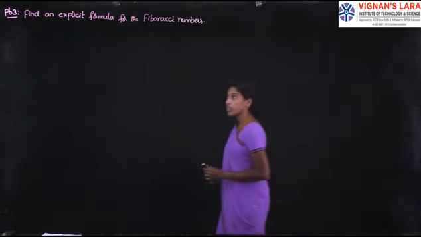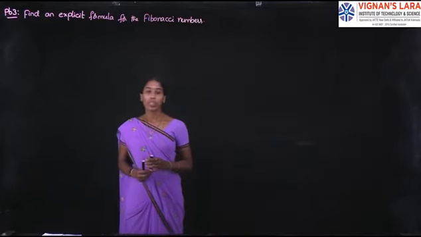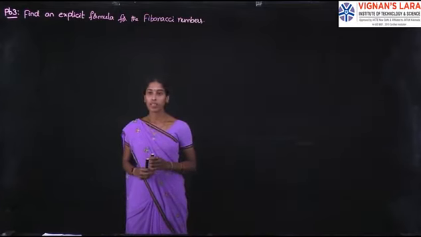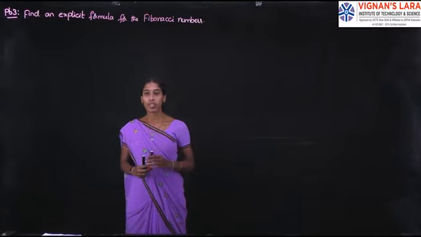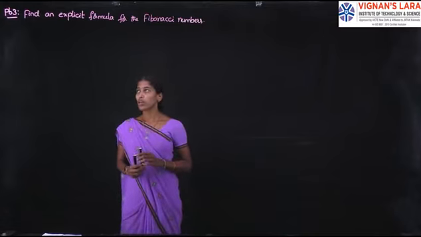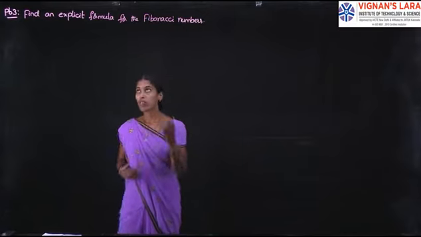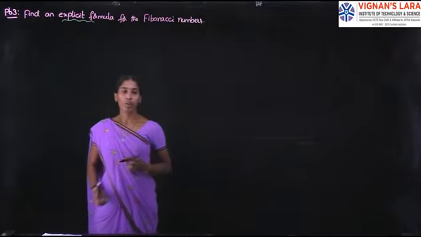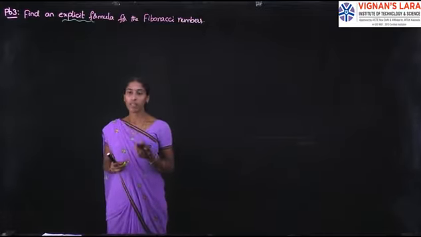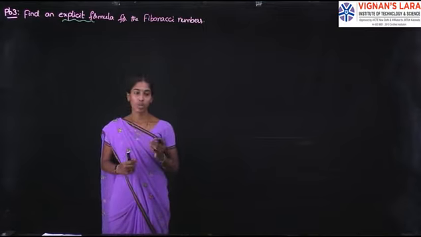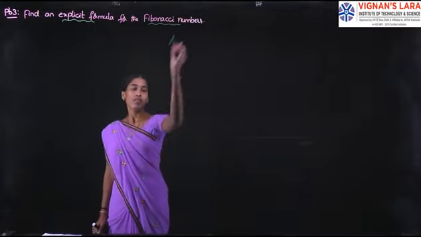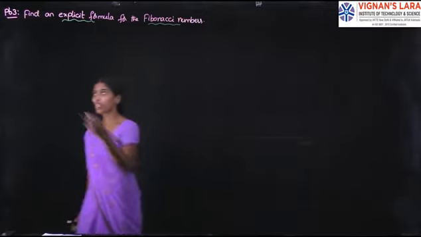Right, now in the previous session we have seen two problems on homogeneous recurrence relations. One is for real roots, another one is for a complex conjugate pair of roots, right? Now we see the next problem, which is to find an explicit formula for the Fibonacci numbers. Explicit formula means that we have to express the an value, otherwise the fn value, in terms of only the n value, and it does not involve any of its previous sequence terms, fn minus 1, fn minus 2 and so on. Next, they ask for the Fibonacci numbers. What is meant by Fibonacci numbers?